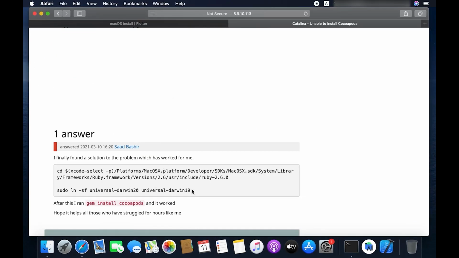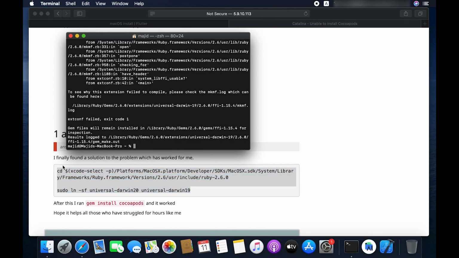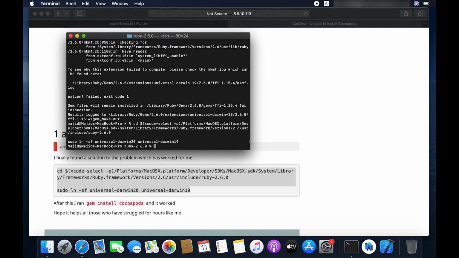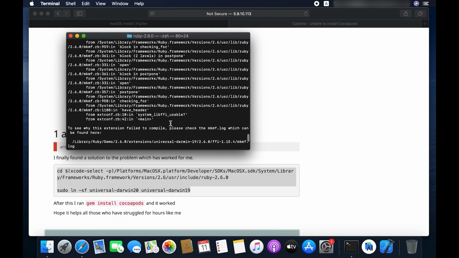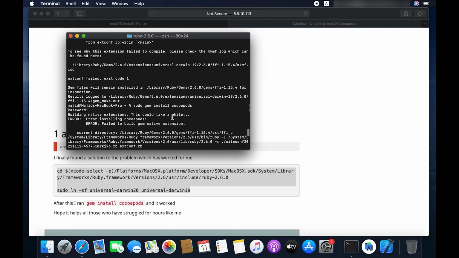Just go over there, copy this command. I'll be providing this command in the description as well, so just copy paste that command, and after that you can install CocoaPods.